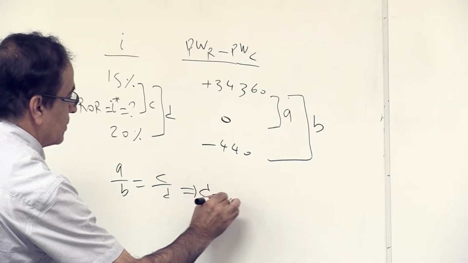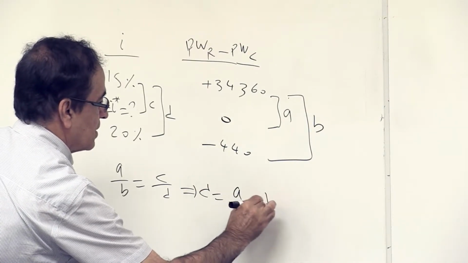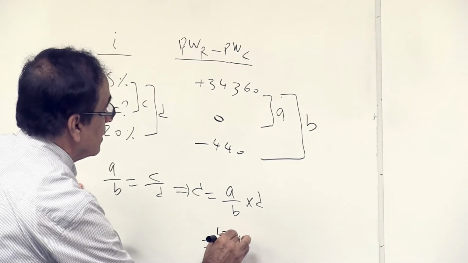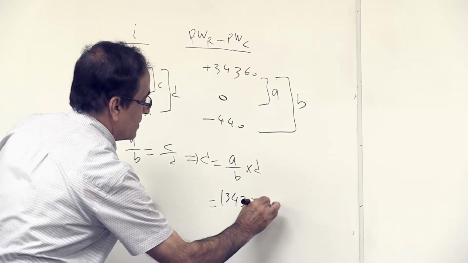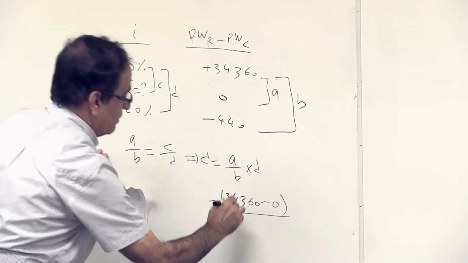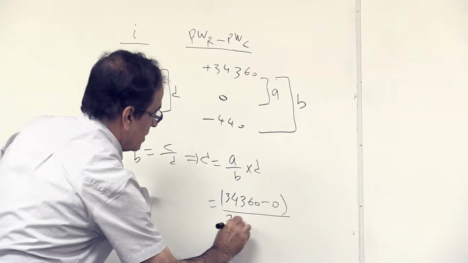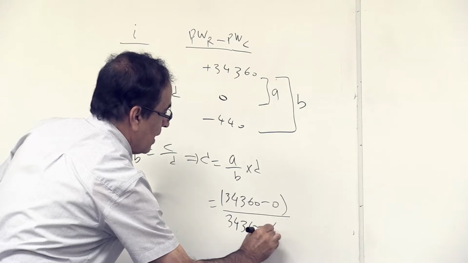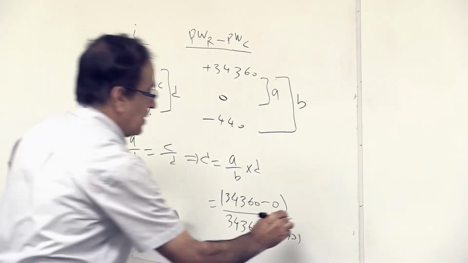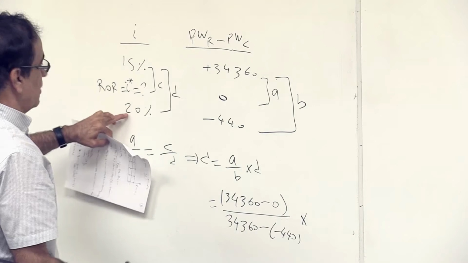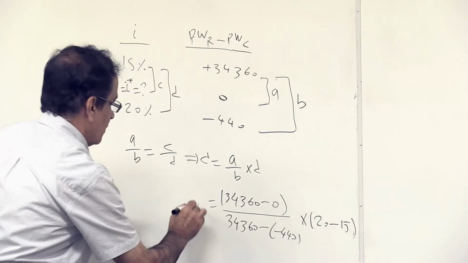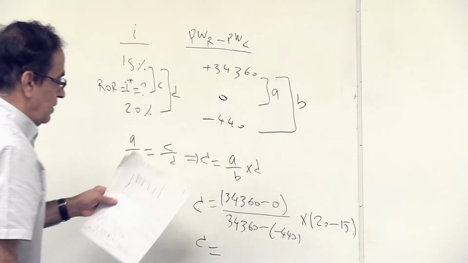So C is going to be equal to A over B times D. What is A? A is the difference between 34,360 minus 0, divided by B, which is the difference between 34,360 minus negative 440. The sign is important. You have to put the sign here, negative 440, times D. D is the difference between 15 and 20%. Once you do this, you're going to solve for C here. Your C is going to be equal to